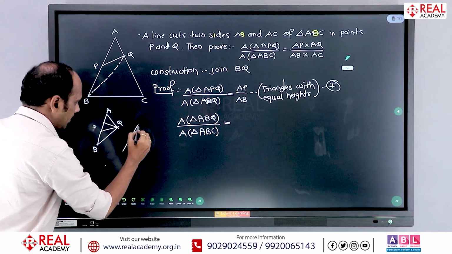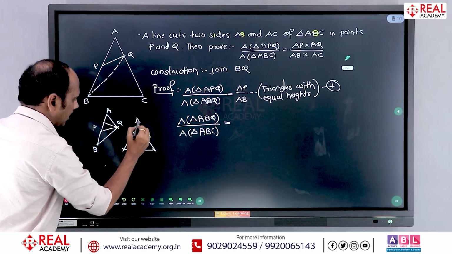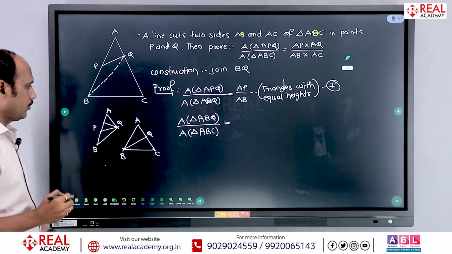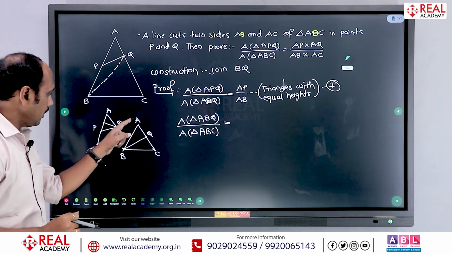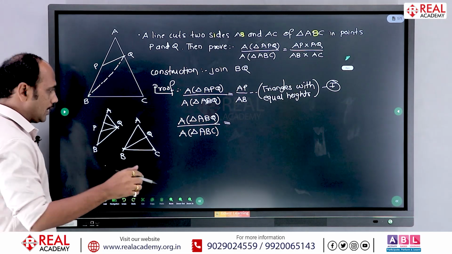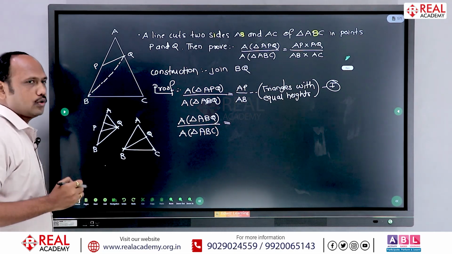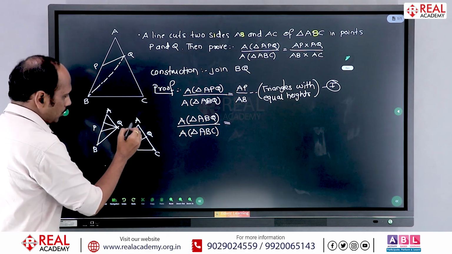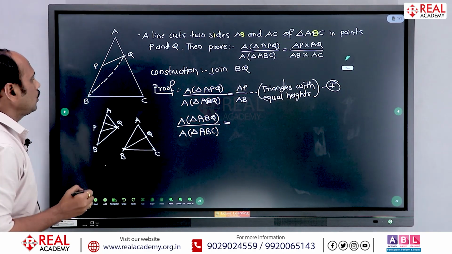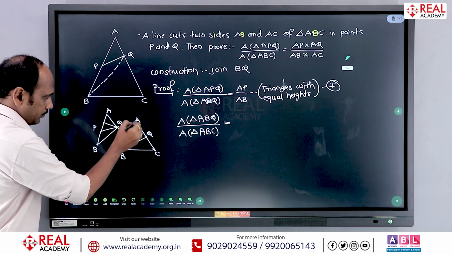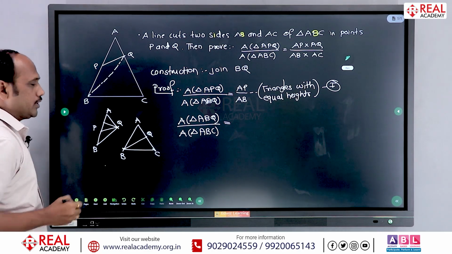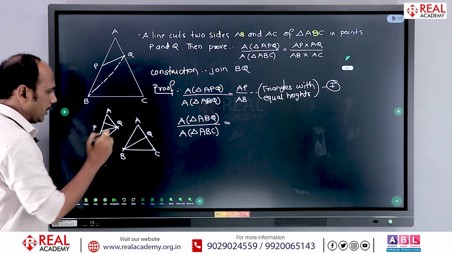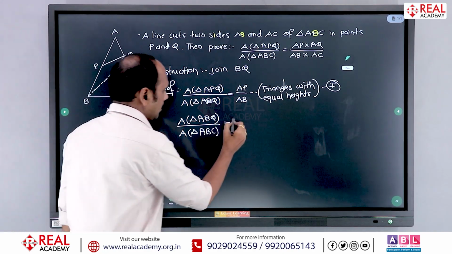So see here, the diagram will look like this: ABC and ABQ. If you consider these two triangles ABQ and ABC, you will find that these 3 points are again collinear. Here ABQ and ABC are the two triangles, and these are the 3 points which are collinear, A, Q, C. So, if you need to draw the height, you need to draw it from point B. So, therefore, the base is AQ